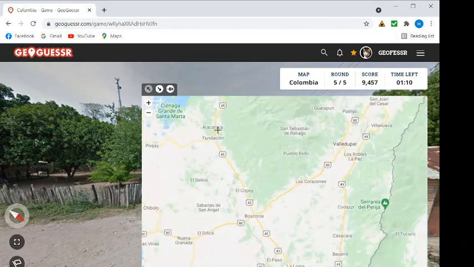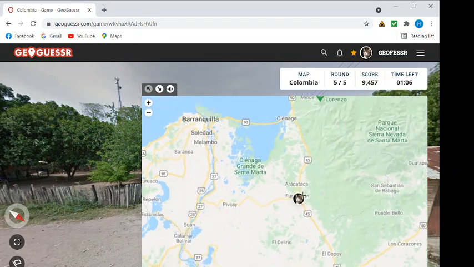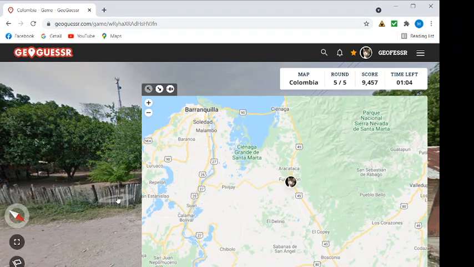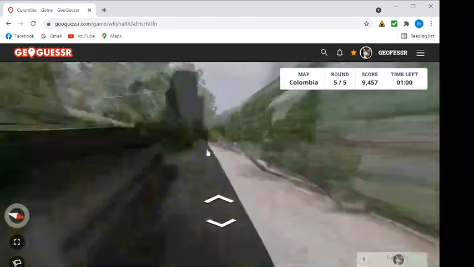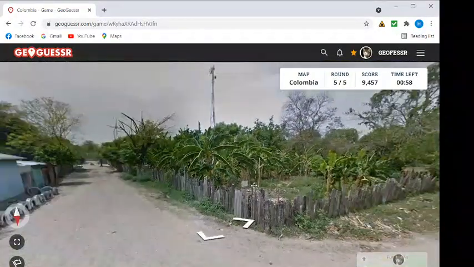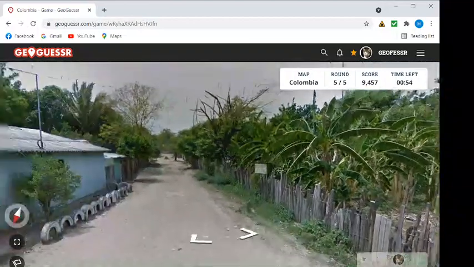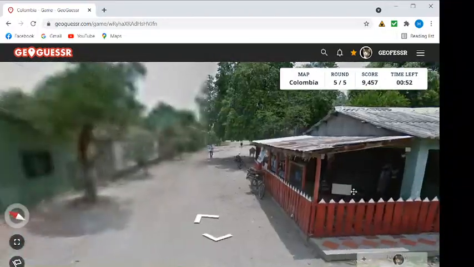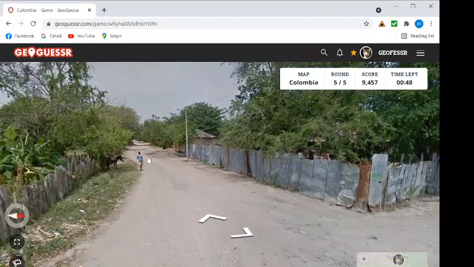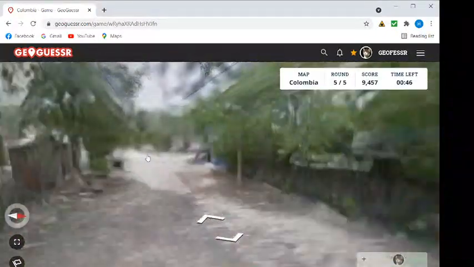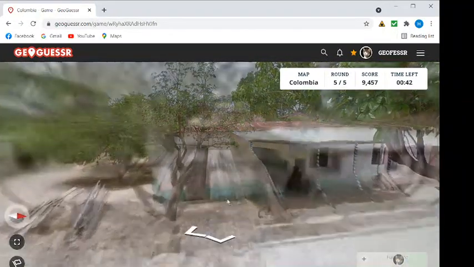I'm thinking maybe it could be over here, and it looked like some smaller city, maybe like Fundacion, Bosconia. Yeah, there's a bunch of bananas there. Yeah, it's sort of interesting,